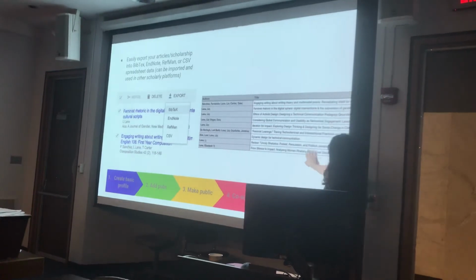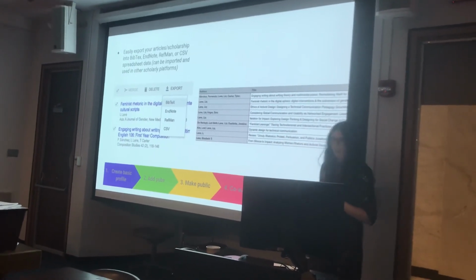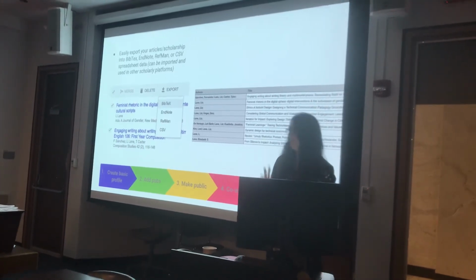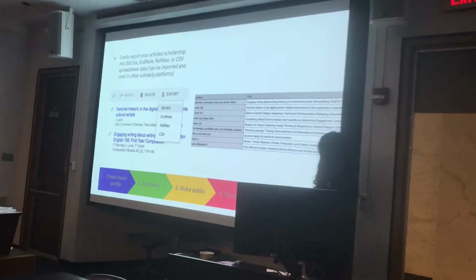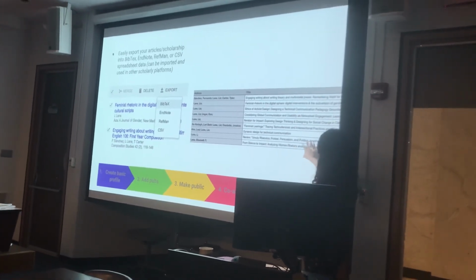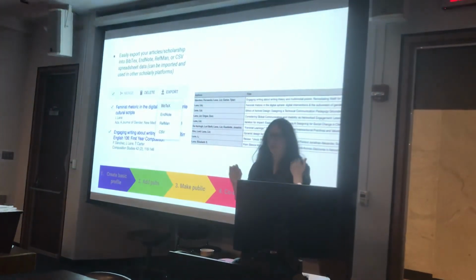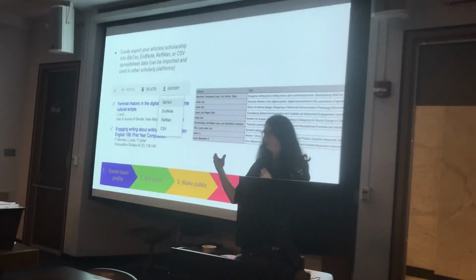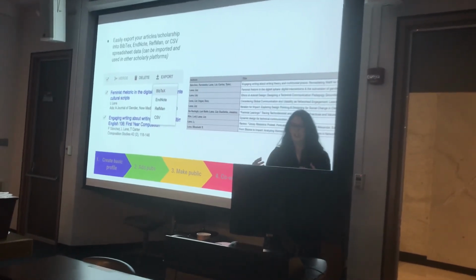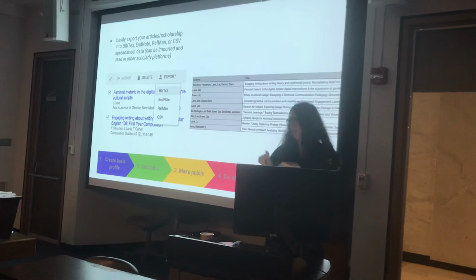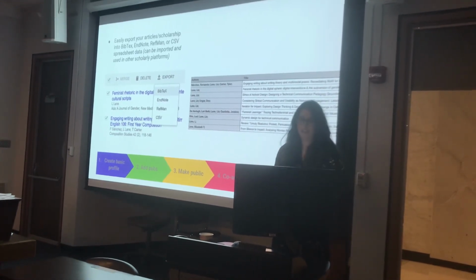So over here is a CSV of my publications exported in a spreadsheet, which is helpful for annual reviews, quickly updating your CV, things like that. And then I took this spreadsheet once I exported it from Google Scholar, and I was able to upload it into ORCID, which is another kind of citation management tracker. So instead of sitting there and populating my ORCID profile, I was just able to quickly upload this data and update it. So that was really